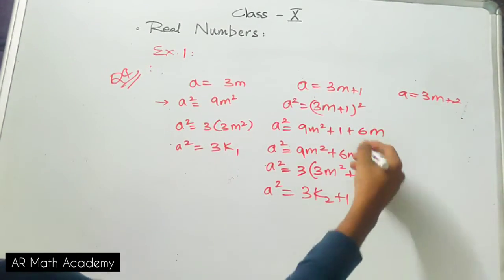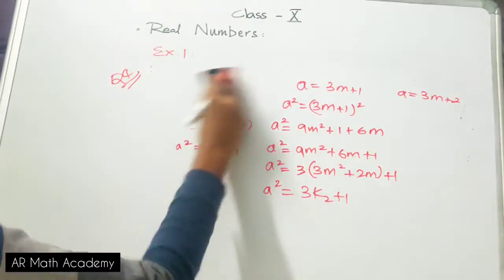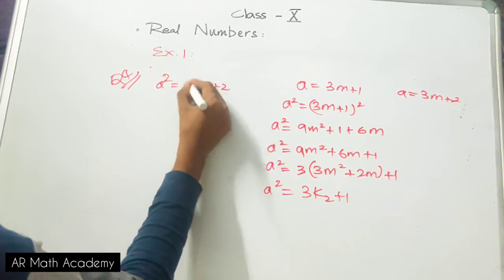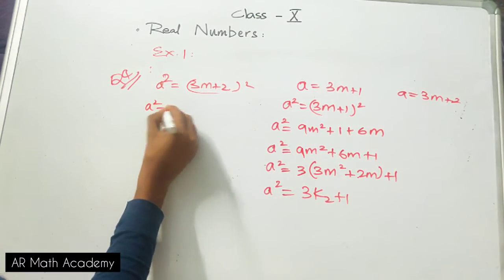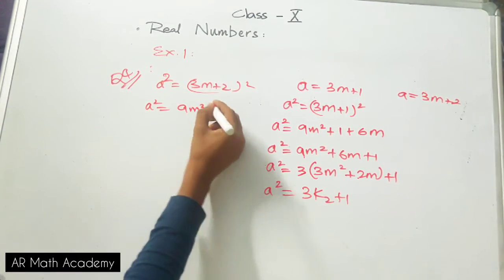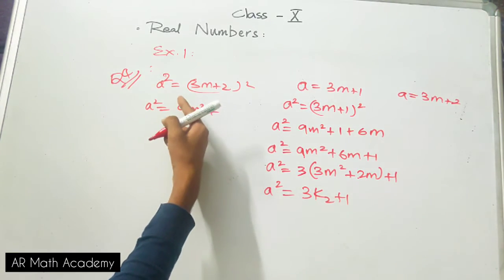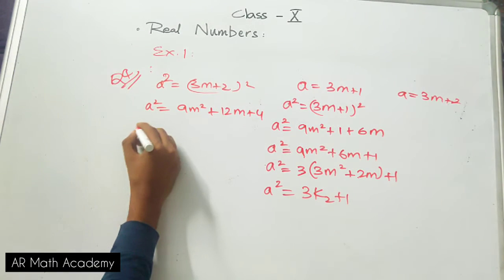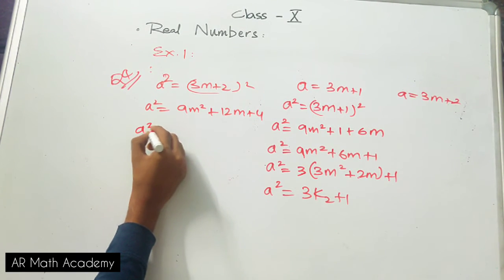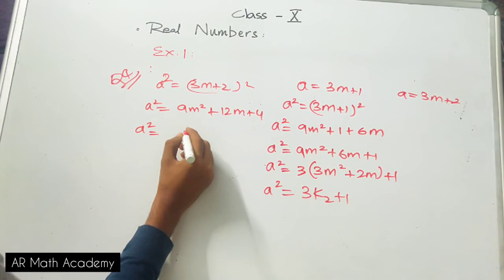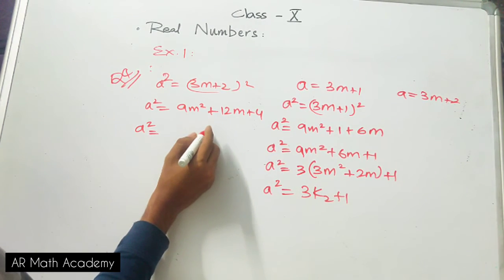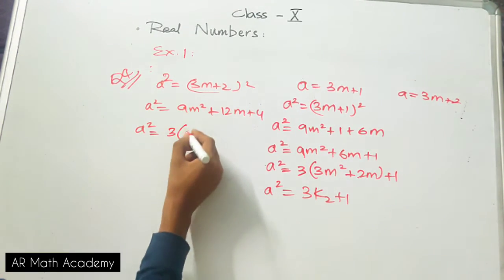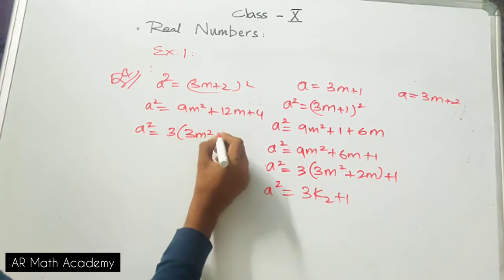So what you have to do over here is similarly square it. I'll erase this part. So a square equals 3m plus 2 the whole square. Similarly, square on both sides. So 9m square plus 2 times a times b, so 2 times 2 is 4, 4 times 3 is 12m, plus 4. Now a square equals 9m square plus 12m plus 4, right? Take 3 common outside. So 3 times, what will this be? 3m square plus 4m